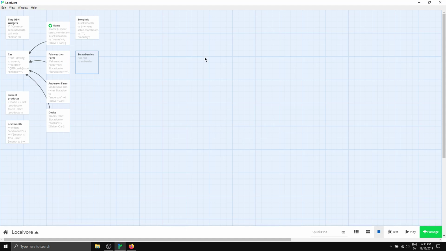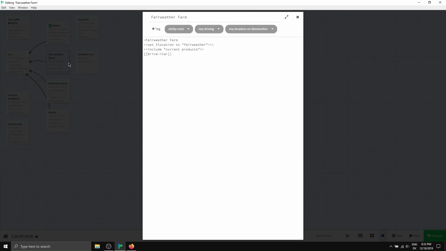Okay. Let's also add eggs, but let's make them available all the time in the summer and maybe 2/3 of the time in the winter. So we're going to demonstrate another tiny QBN macro that I made. After we set the location, we're going to say range dollars month. So that's the value. We're going to check dollars month, and then we can alternate numbers and names, and it'll figure out the